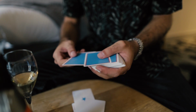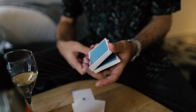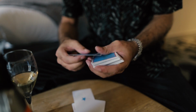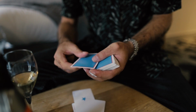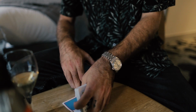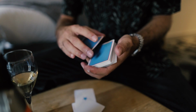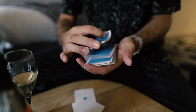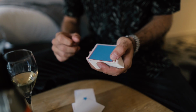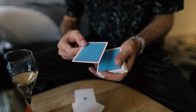I would somehow control it to the second from the top position, so maybe use a tilt to get it to the second from top. Or you can use a bluff pass, that's taught by Xavier on one of my videos, bluff pass. Or just any other way to control it second from top. Place this down here and say, look, I'm gonna try to make it come up to the top. I do this. It comes up to the top, but look, I'll give you X-ray vision so you can see